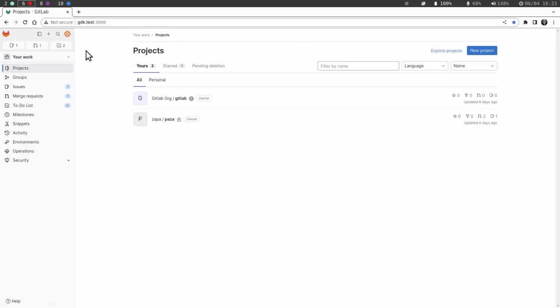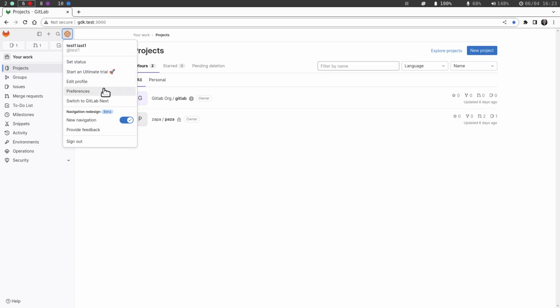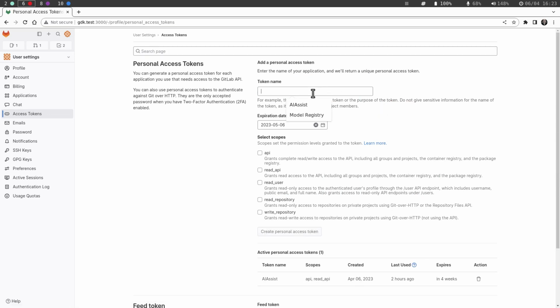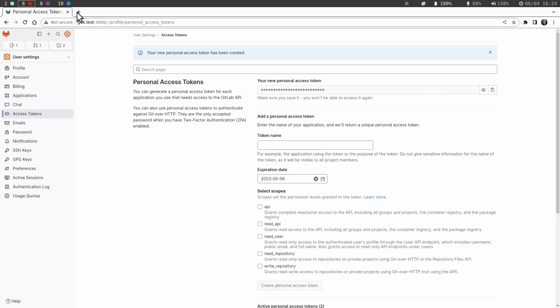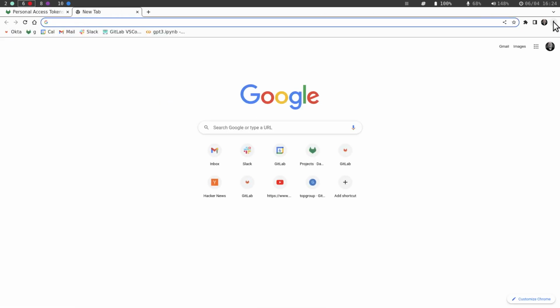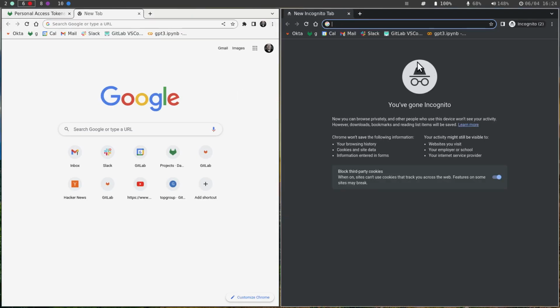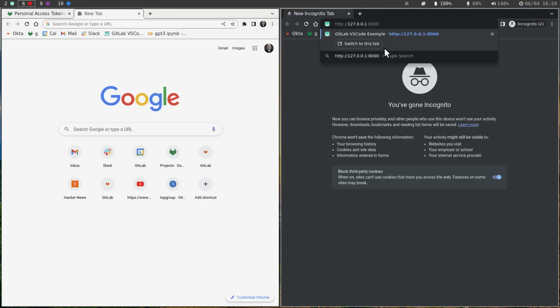So I run my GDK here. I go to my GDK settings, preferences, access tokens. This is a local GDK personal access token, which I'm going to need now. One thing which is very important is that you have to run an incognito window, and then you have to type here